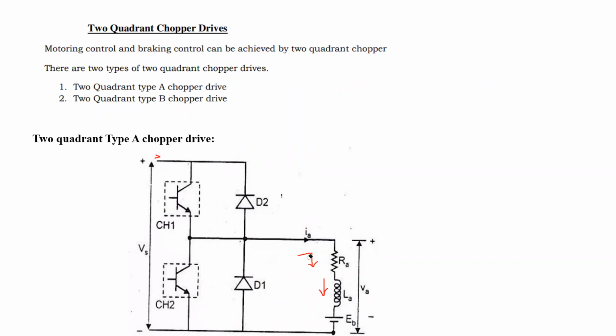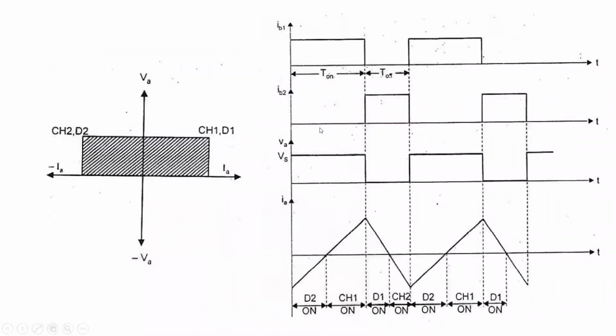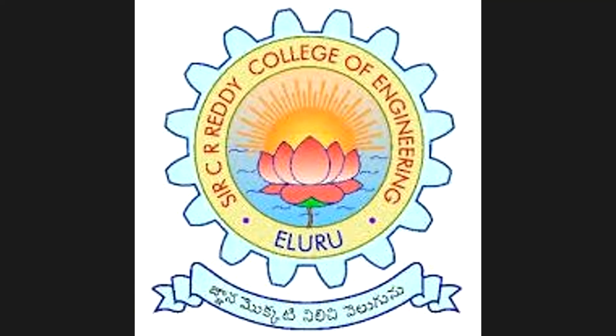Whenever for these chopper circuits, obviously we are using current limit control. That's why there is no possibility of getting discontinuous currents. Always you will get the continuous current, which is fluctuating in between these two modes. So in motoring mode, the current is positive, in braking mode the current is reversed, and always the voltage is positive. That's why we are getting two quadrant operation, the first quadrant and the second one. Listen, one is the chopper 1 and D1 combination, and the second is the chopper 2 and D2 combination. In the next class, I will explain the corresponding waveforms for this drive.